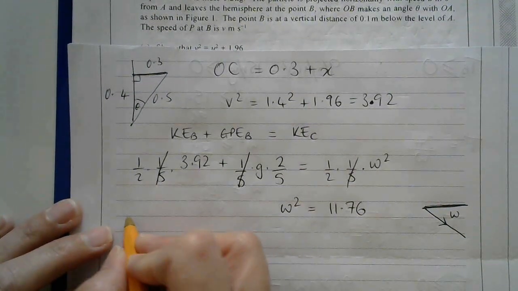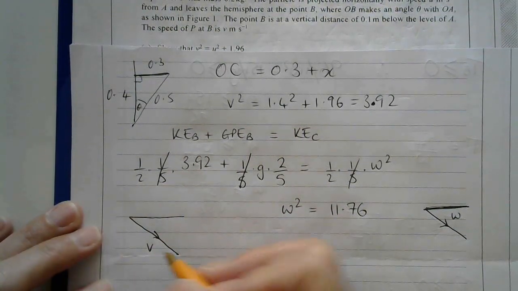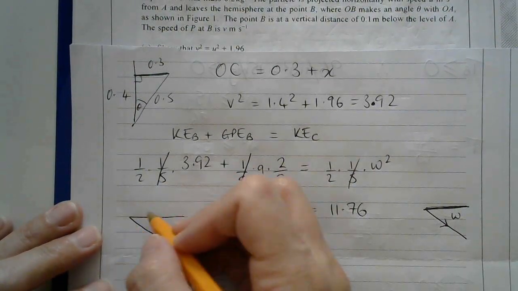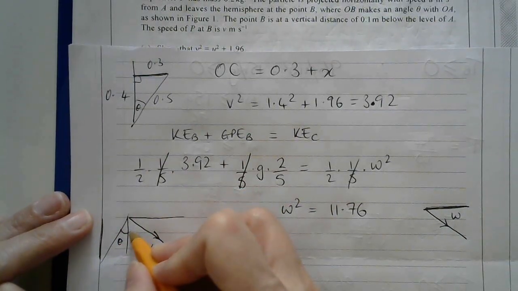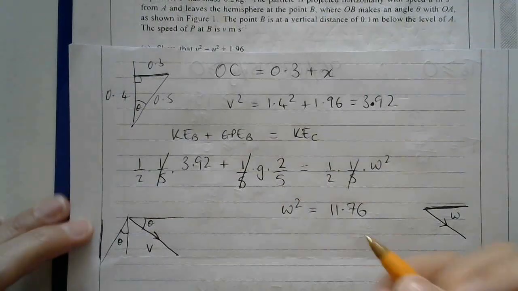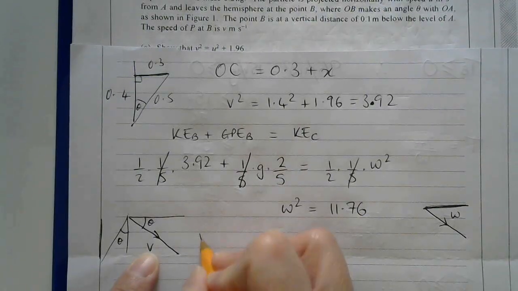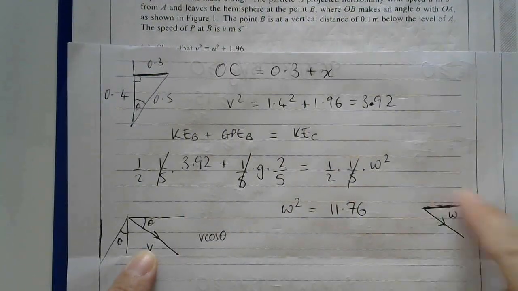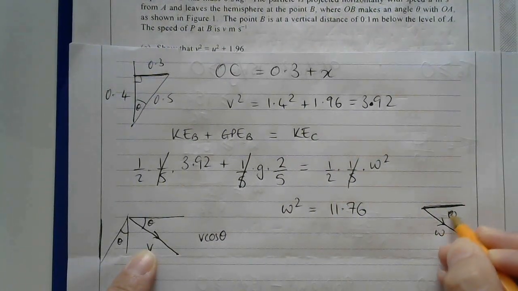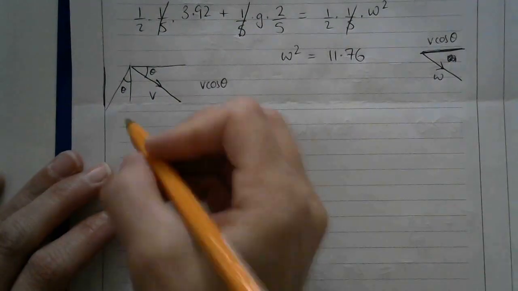So when it was at B, I know that it was moving with V, and theta was down here. So this angle here is theta. So I know that V cos theta, this part of the velocity, is unchanged, and so that's here. So W is here and V cos theta is here. So if I focus on what I actually want, what I really want is